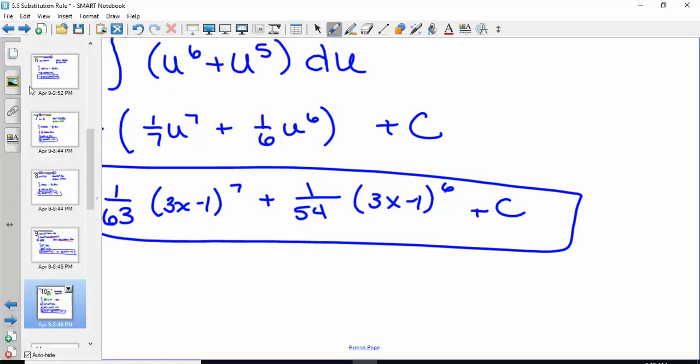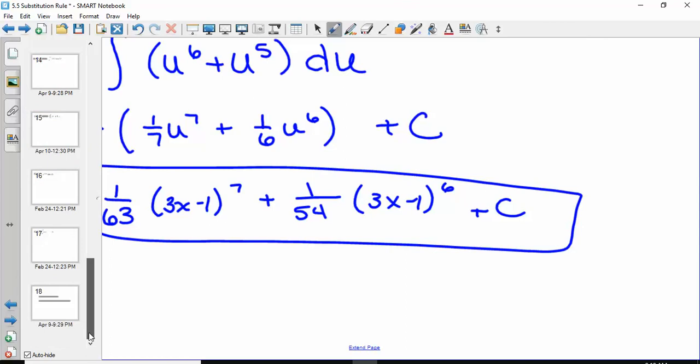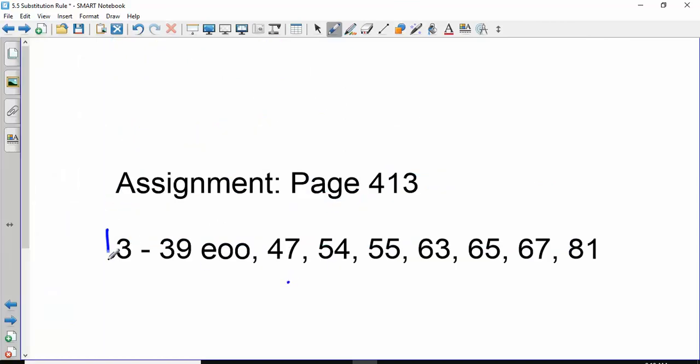So I am going to give you some problems. If you look at the assignment, you are ready to do 3 through 39 every other odd. So that's 10 problems. We've got over 20